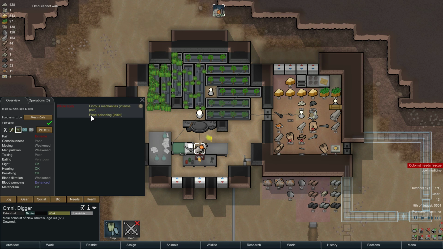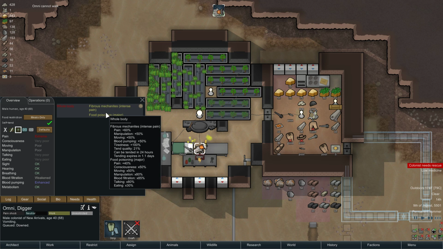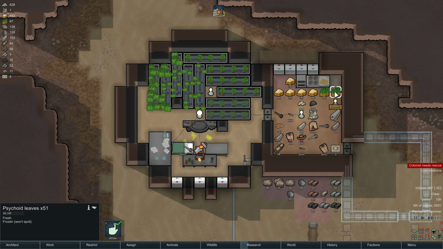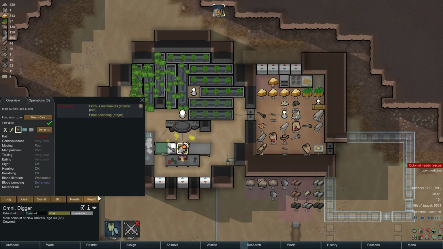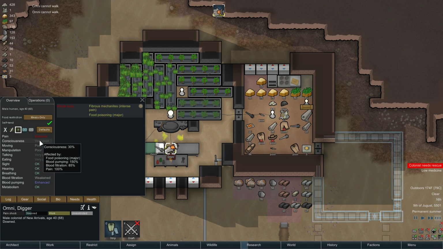Ooh, a little bit of vomit. 100% pain. Very nice. So one of the things I can do to make the pain go away is psychoid brewing. And I guess I'll prioritize that research because I have a lot of psychoid leaves, and if I brewed them into tea, the pain I experience from the food poisoning, or really from the mechanites, would be decreased. And maybe it wouldn't have knocked me unconscious because...